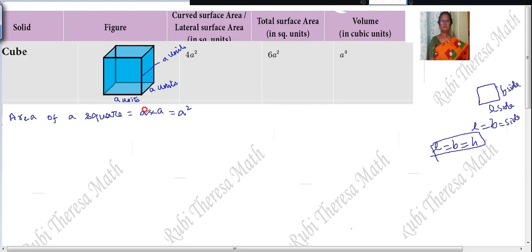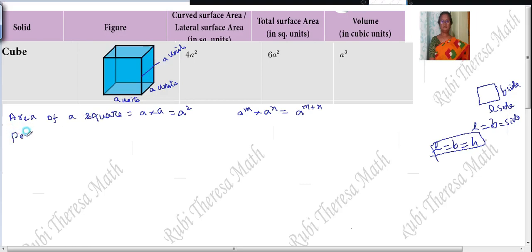In multiplication, when the bases are the same, the powers should be added. A to the power of m into A to the power of n is equal to A to the power of m plus n. Just to recall, I am saying all these things, but you know very well. Suppose if they give b, b into b is b square. If they give s, s into s is s square. Whatever alphabet you are using, you have to multiply that. For this also there is a video in my link. If possible, I will give it in the description box.